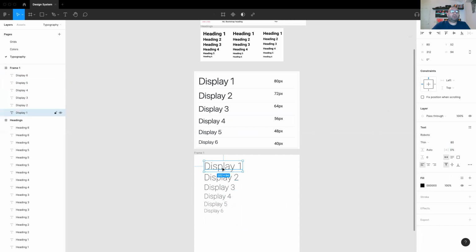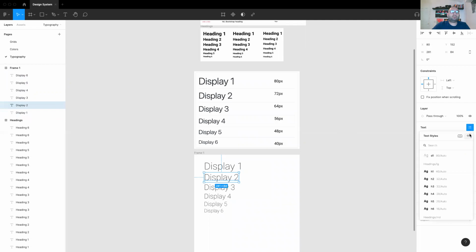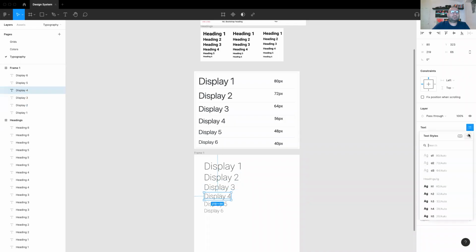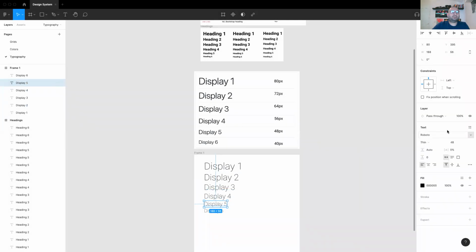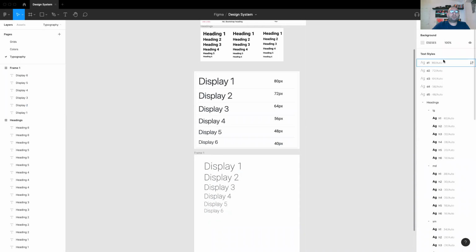Now, again, I can go one by one and select on style plus. Here I can either go ahead and say display / D1 all the way to D6, or maybe I can just say D1, D2, D3, D4, D5, and D6. Now that I have them, I can select all of them